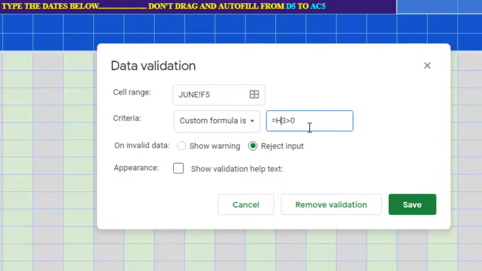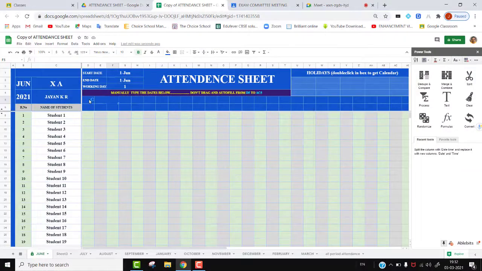We need only F3 from here to here. When we drag the formula to the end cell, that happened. The spreadsheet takes the next cell reference number for the next formula. We have to block that, then only we can drag.